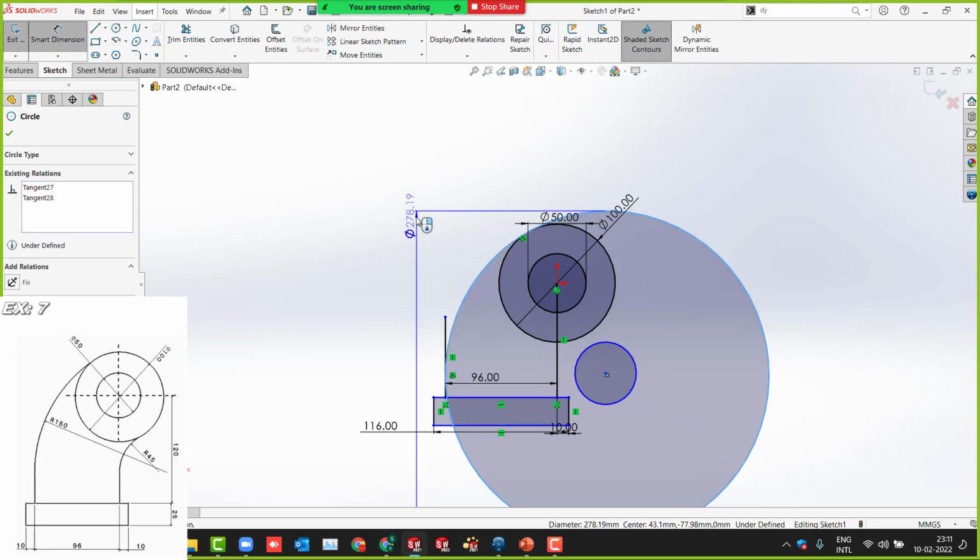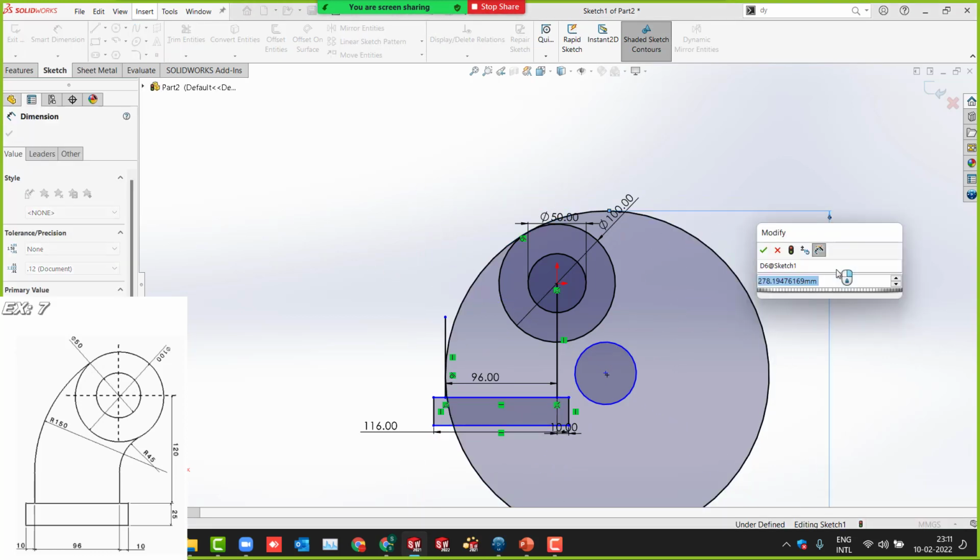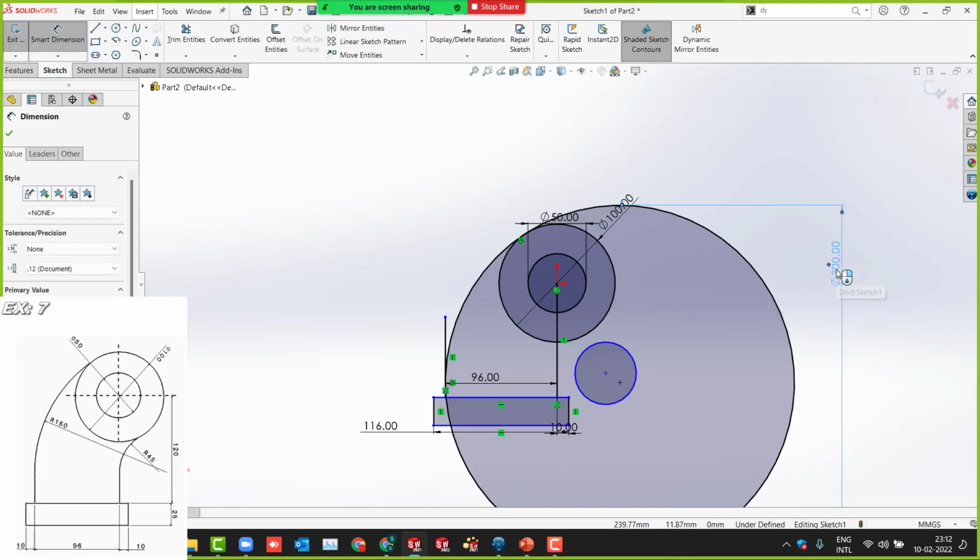Smart dimension, select the radius. How much is it? 150. 150 is the radius. What is the diameter? Diameter is multiply by that, right? Multiply by 2. Okay. 300. Diameter is this much.